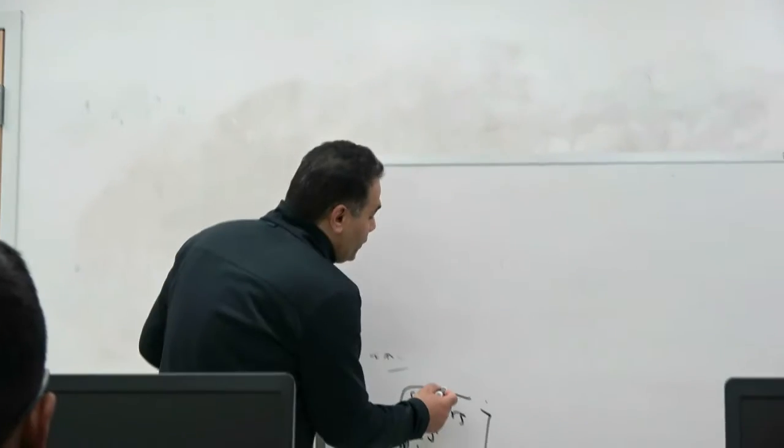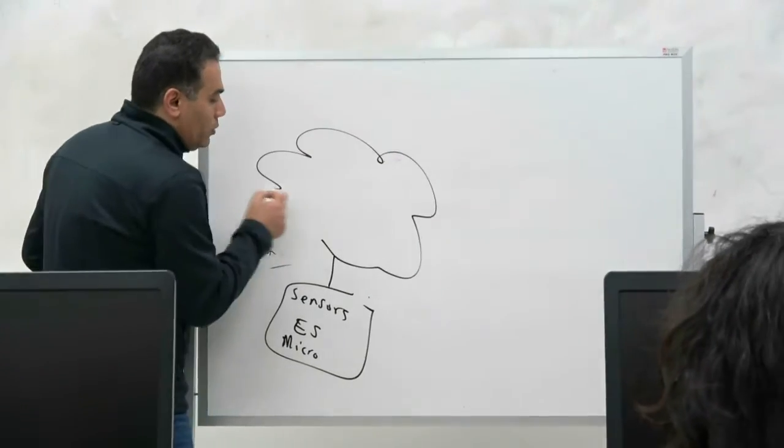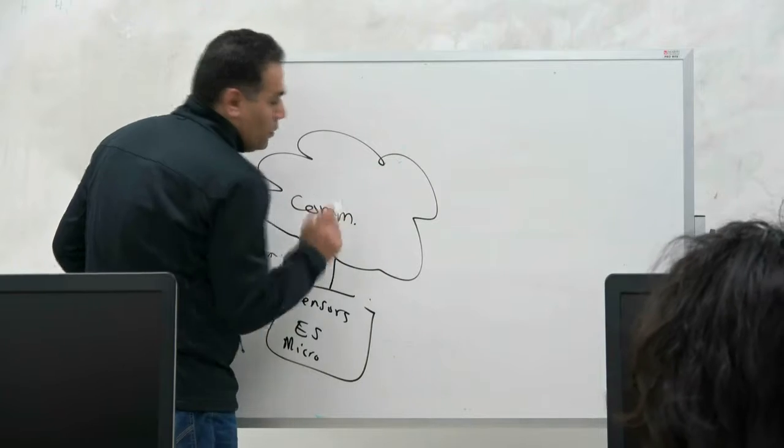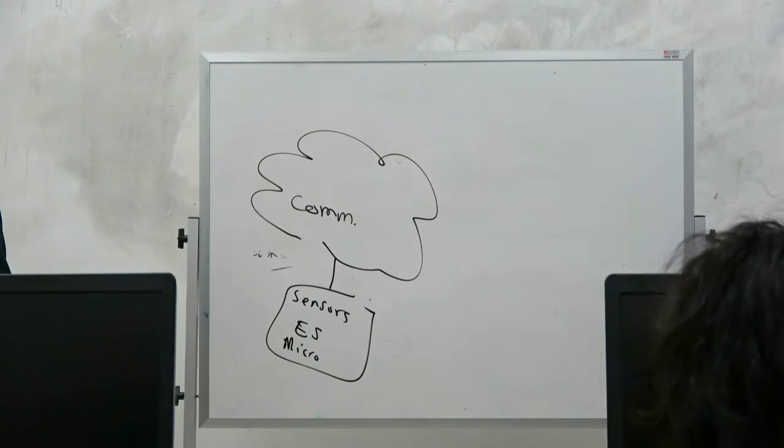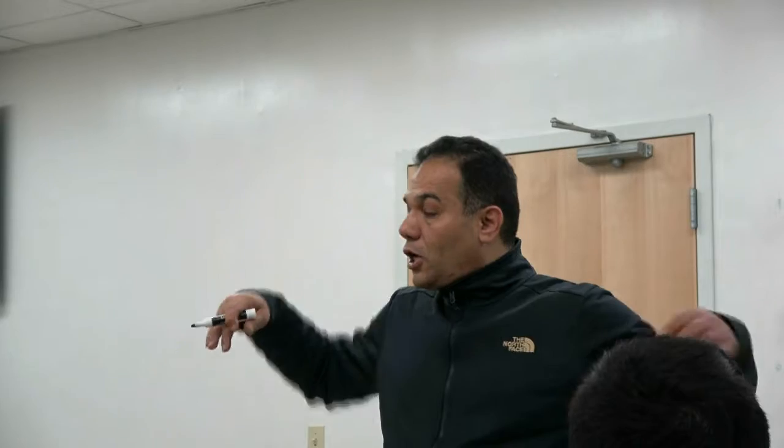Then you're going to move to the second layer, which is the communication. The current infrastructure we have might not be enough to add trillions of devices to it. Might not be enough, okay, or billions of devices, all right? So we have to change the whole infrastructure, improve it, add to it, whatever it is, a lot of research, okay? Compress the data, deal with the data in a different way, I don't know, many things.